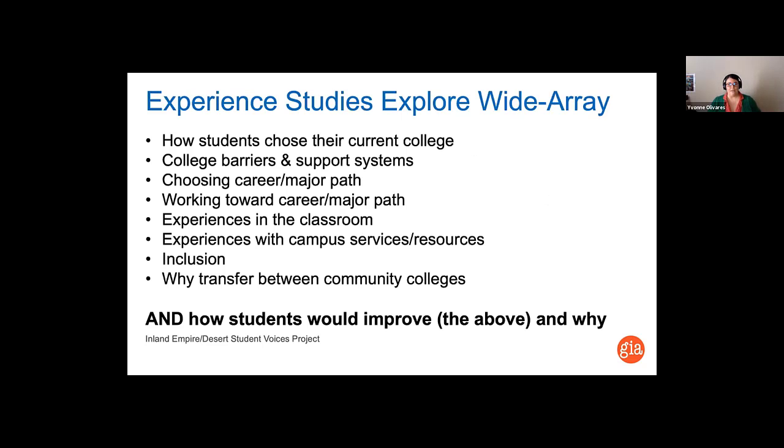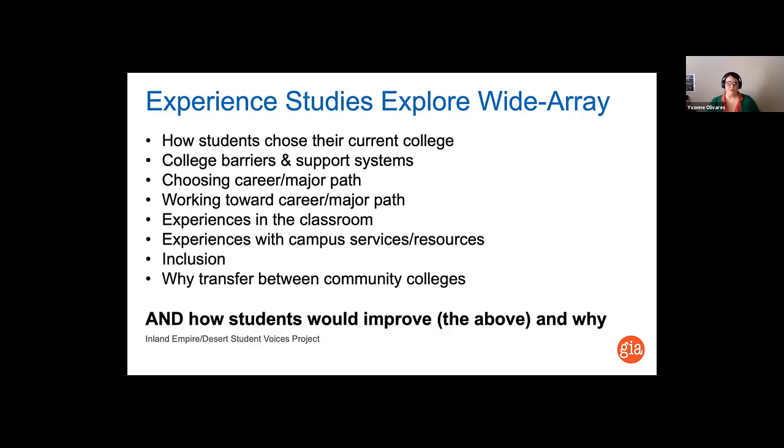And when I talk about a wide array, just to give you a sense, Gabe mentioned about 180 minutes of data. It was on a lot of different topics because we were trying to understand the landscape of the students. This isn't even an all-inclusive list of the topics we explored, but just to give you a sense: everything from how students chose their current college, what the barriers and support systems are for them, both within the college and outside of it, how they chose their major or their career,